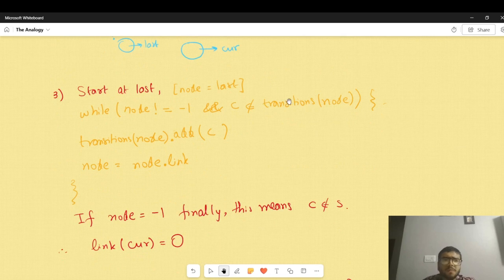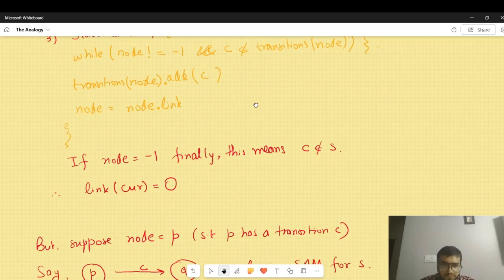Now to link it with the tree, we start at last, right? And while there isn't a transition through c, we add a transition to state cur using c, from the node that we were at. And then follow the suffix link up till we get -1. This way, we append c to each suffix of s and hence create a terminal chain to the final node cur. So if finally we arrive at -1, this means c is a new character for the string and hence we set the link of cur to be 0, because then it will directly be linked to t0,